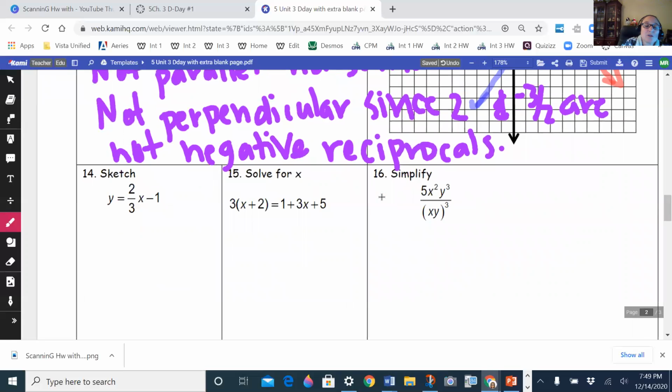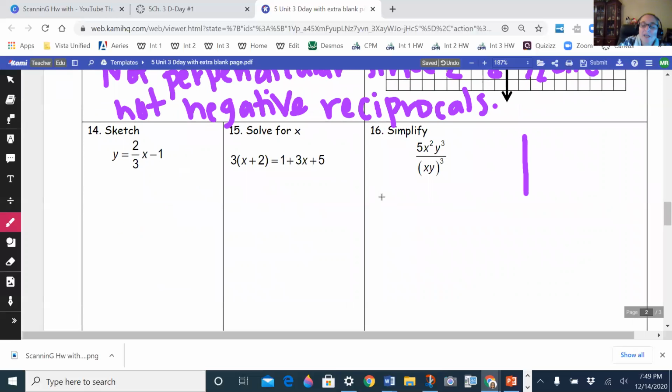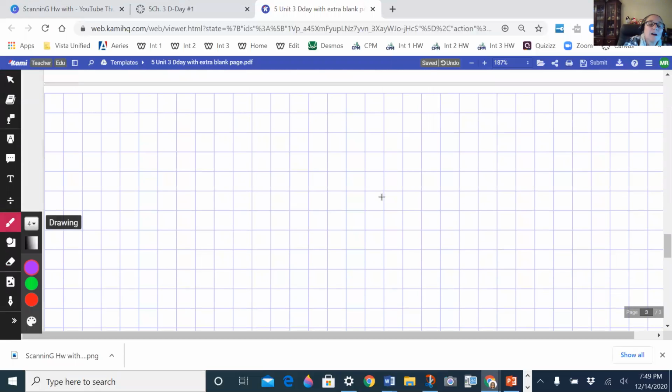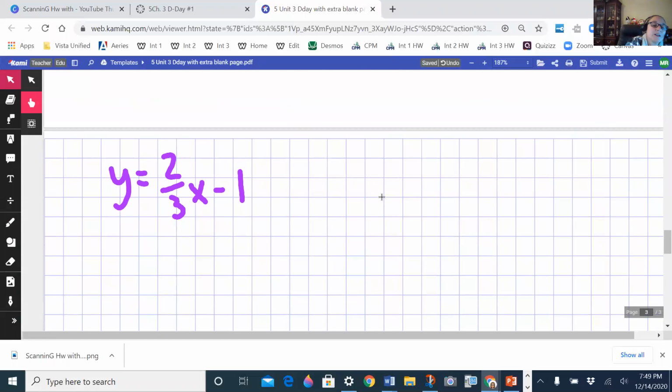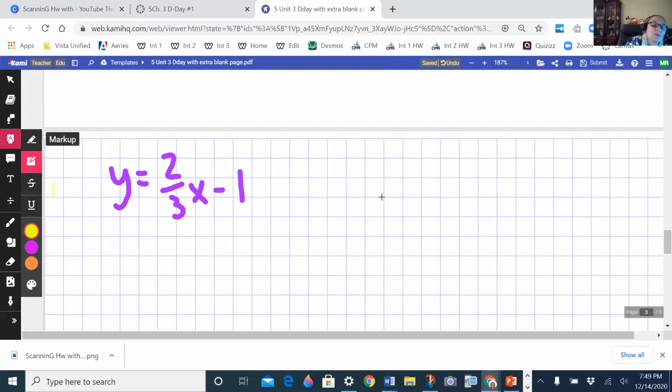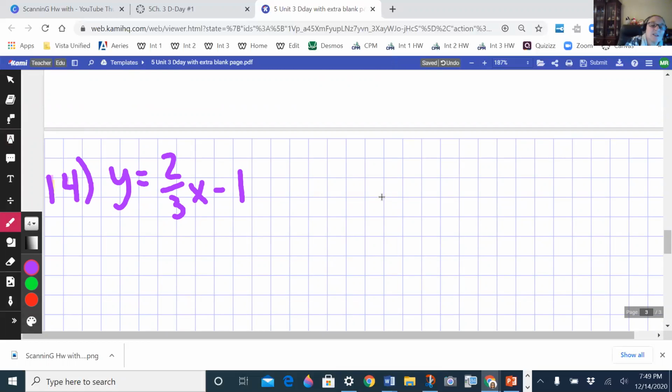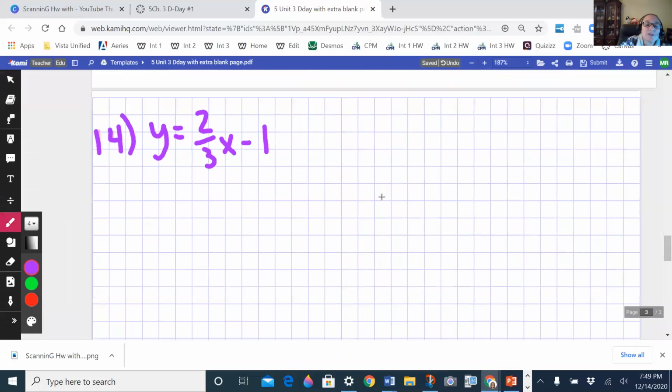Okay, so on number 14, it says sketch. I think I added some graph paper at the end. So I'm going to be doing y equals 2/3 x minus 1. Let me just come down to the graph paper. So this is going to be y equals 2/3 x minus 1, which was problem number 14. Oops, I'm doing highlighter, sorry. Okay, so if I'm going to graph this,